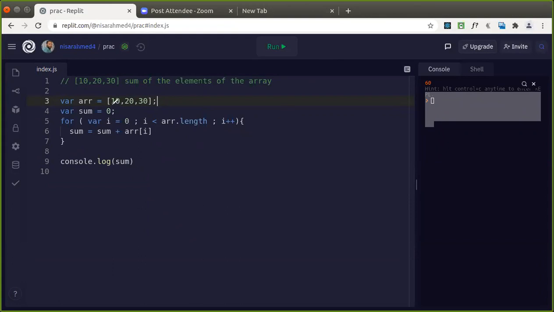So what are we doing here? The value of sum is initially 0. The value of i is 0 here. i less than arr.length, and what is the length value? It is 3 here, so it will come into this loop. arr[0] will give you the value 10. So 10 is taken here and added with the sum, 10 plus 0, and the result is stored in the sum. Next it will go to i++. In the next iteration, the value of i becomes 1. Then the condition is true here. We come here, and arr[1] will give the value 20, isn't it? So this value will be taken. Like that it will repeat and add all the elements one by one. Good. So when the loop terminates, you have the summation in the variable sum that we are displaying there.